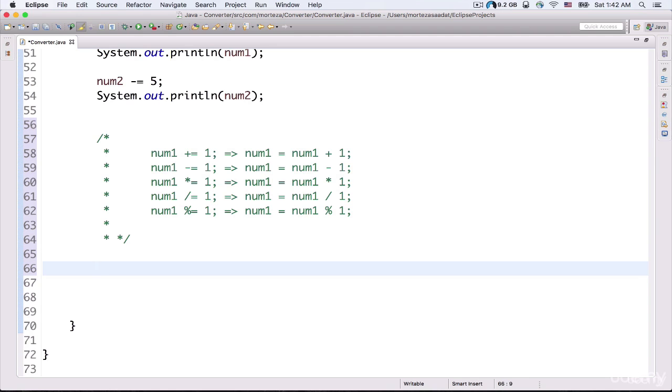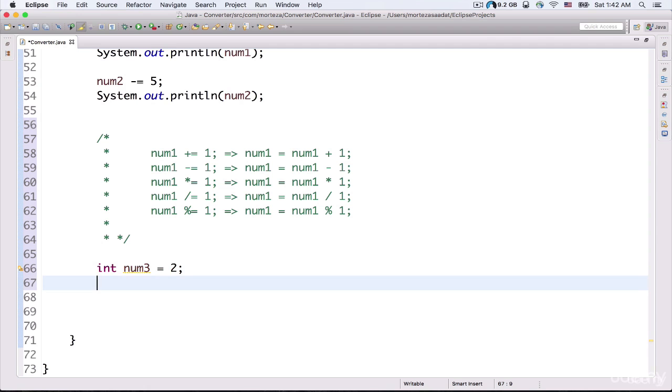So another important point that I want to show you here is that, for example, if I want to declare another variable here, int num3, and then I assign a value to my variable, okay? So here, if I want to add a value to my variable, I just need to type in here num3 plus, and then the assignment operator, and then I just need to put in a value here, for example, number 4, okay?